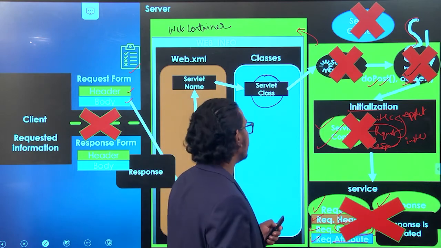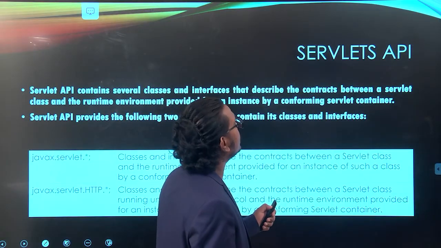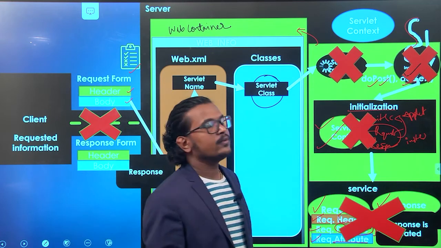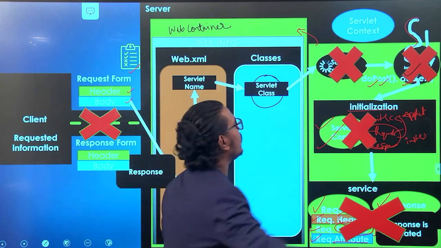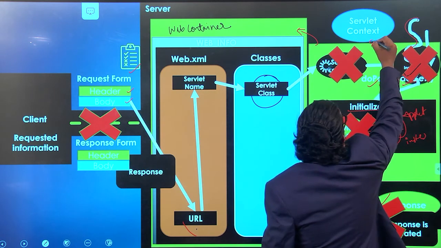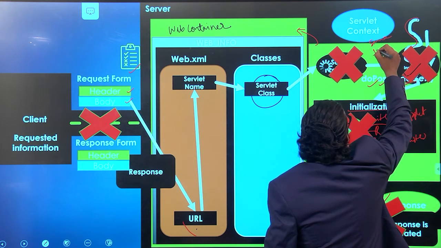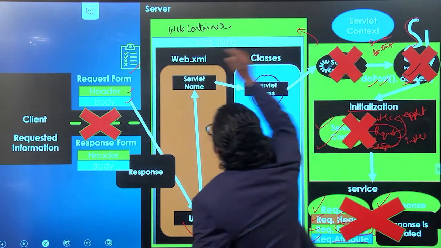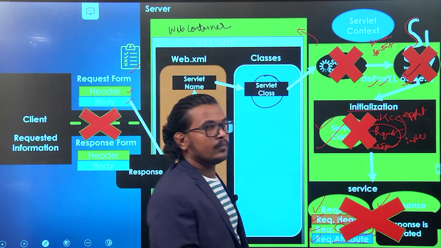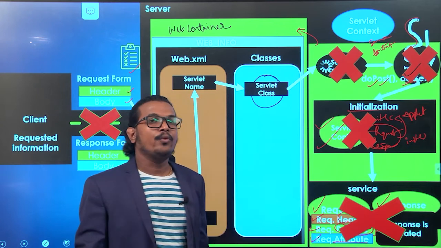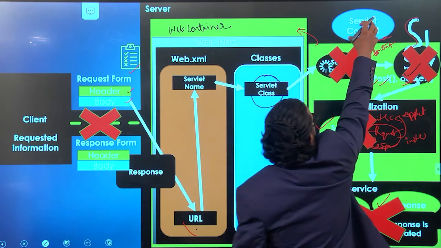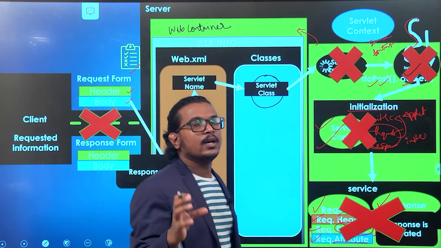What will this particular servlet context contain? It will contain some information about the context of the requested web page. Each and every web page will create one servlet context.